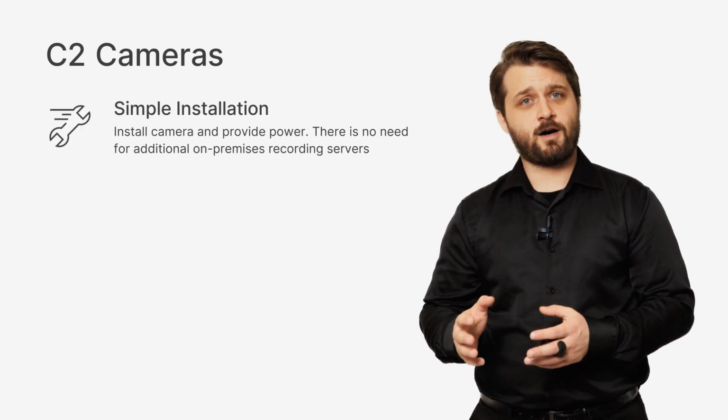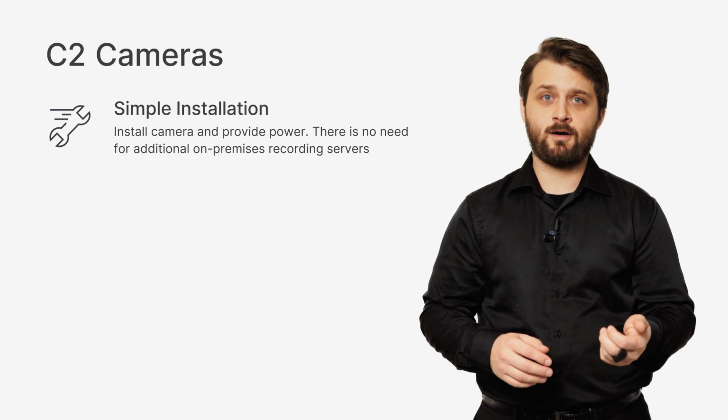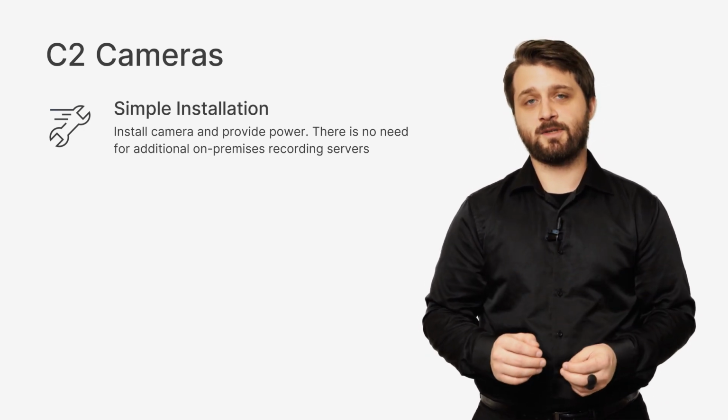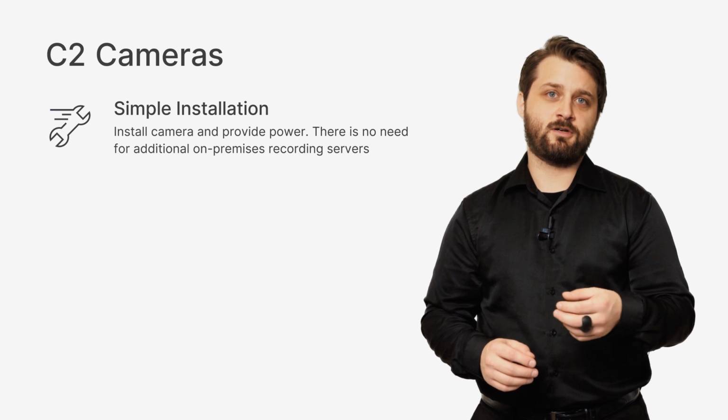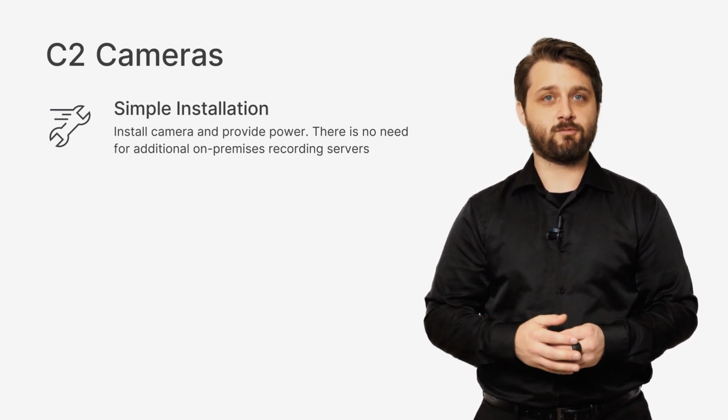Synology's C2 direct-to-cloud cameras are very similar to the cameras that are designed for Surveillance Station on premises. But these cameras offer a simpler installation because you simply need to provide these cameras power and networking, and then they're able to record directly to the Synology C2 cloud. Whereas in an on-premises Synology NAS deployment, you actually have to configure that NAS itself before you can actually begin recording